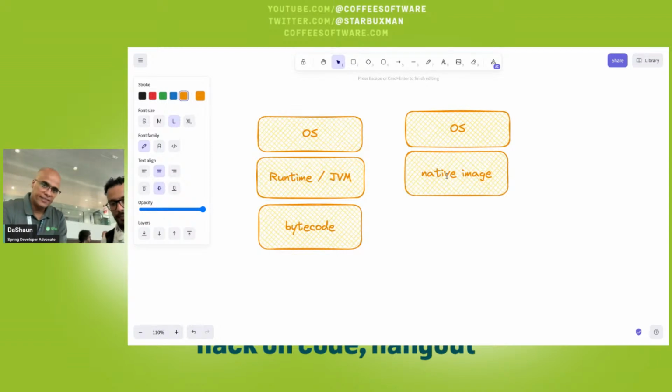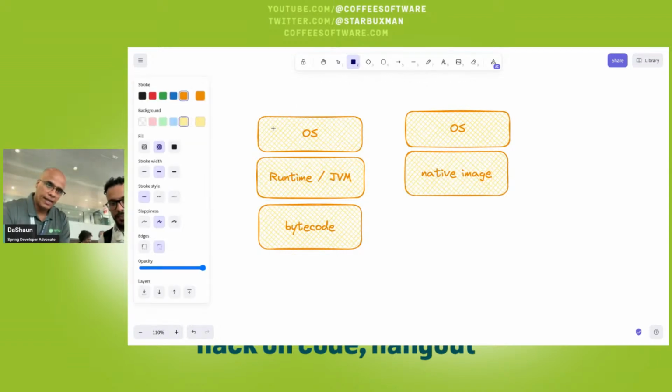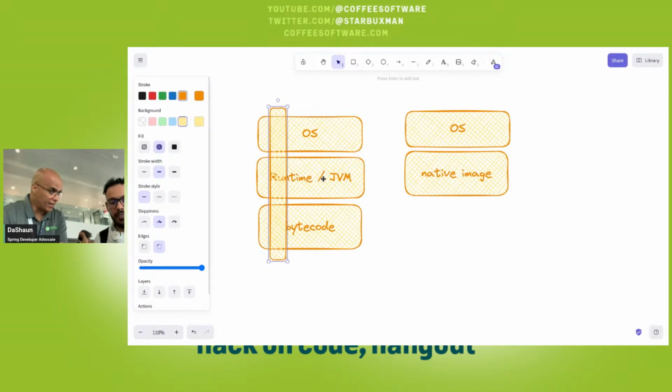With HotSpot, we had it optimize parts of your bytecode and make it native. GraalVM takes all of the bytecode and optimizes it for that operating system and just gives you a native binary. So you don't need this entire layer. The native image will have in it all of the things you need from your app, all your bytecode, plus all the bits from your JVM, from your Tomcat.